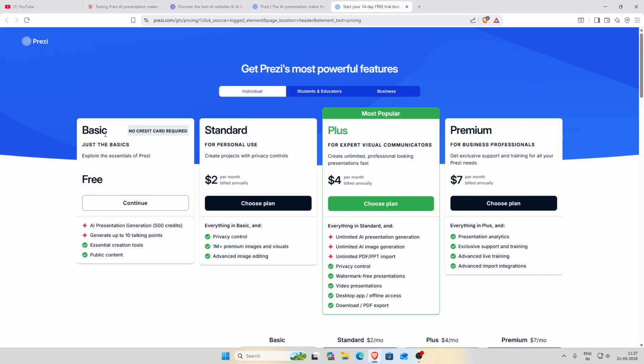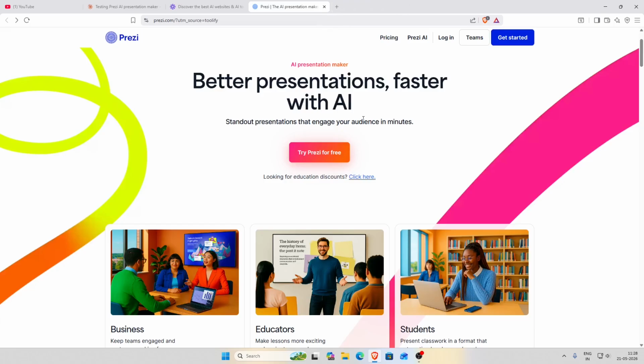We will be using the free version, which is the basic tier, in which we get 500 AI generation credits for presentation, and we can generate up to 10 talking points. We also get essential creation tools and public content. If you want to, you can choose a premium plan, which is the standard version, or a plus version, or the premium version. It depends upon you what you want to do once you have used it and like using this tool. So let's click on try Prezi for free